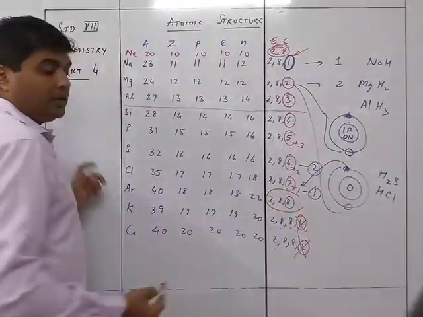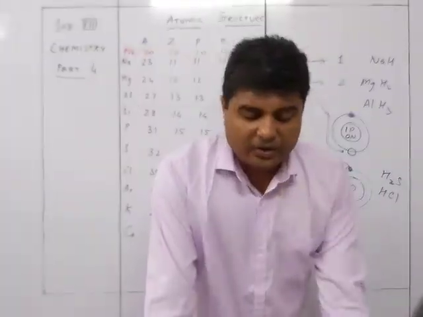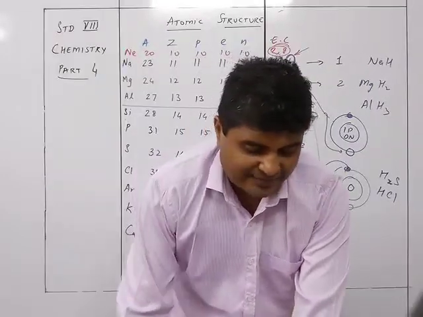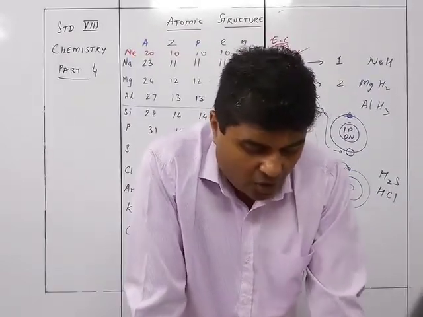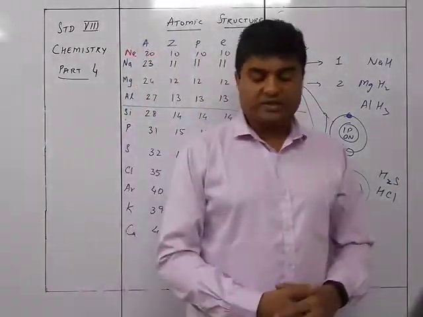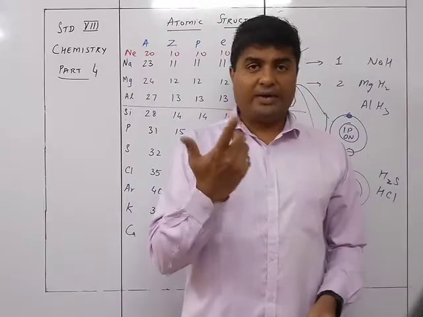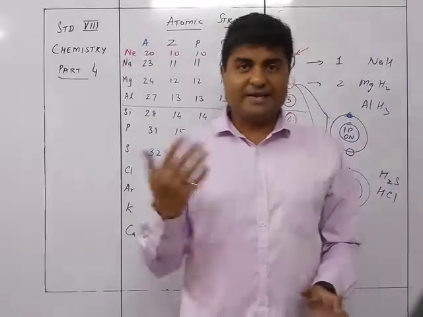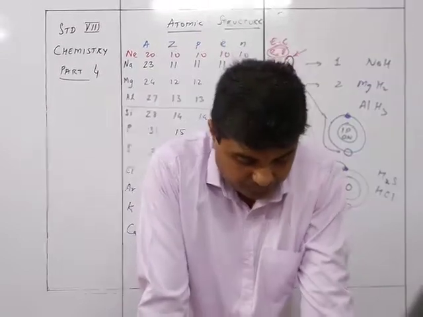Right? So this way, the valency is that it is to achieve stable electronic configuration of the nearest noble gas. Noble gases, for example helium, neon or argon, have stable electronic configuration, that is, their valence or outer shell is complete. They have 2 or 8 electrons in their outermost shell. Helium has got only 2, that is, it has a duplet. And the other ones have got an octet, that is 8 electrons in the outermost shell. So that is why that is called a stable electronic configuration.